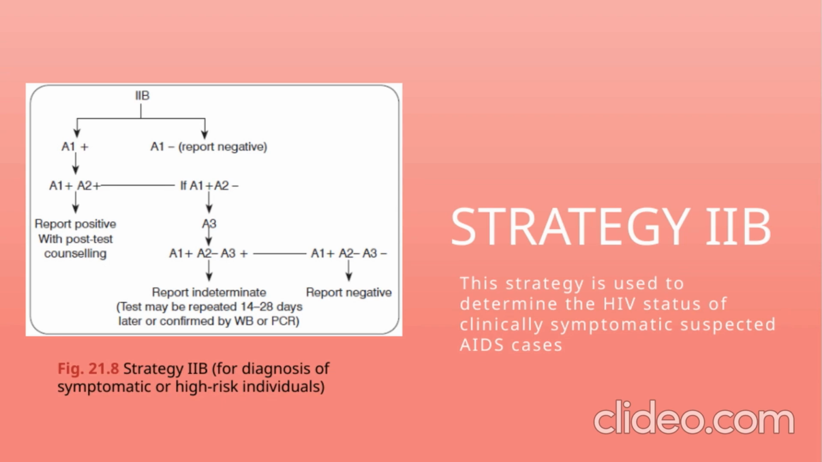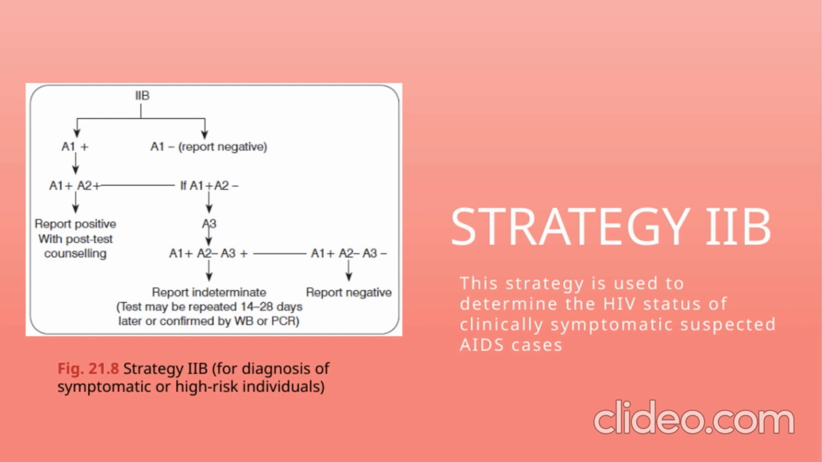This approach ensures that we don't miss opportunities to diagnose HIV early in symptomatic individuals, which is essential for timely treatment and preventing further transmission. So, in essence, this strategy helps us focus our testing efforts on those most likely to be HIV positive, especially when clinical signs point strongly to AIDS. It's a targeted, practical way to improve diagnosis rates among high-risk or symptomatic populations. By applying strategy IIB, we reinforce our overall goal of early detection and intervention, ultimately improving health outcomes and controlling